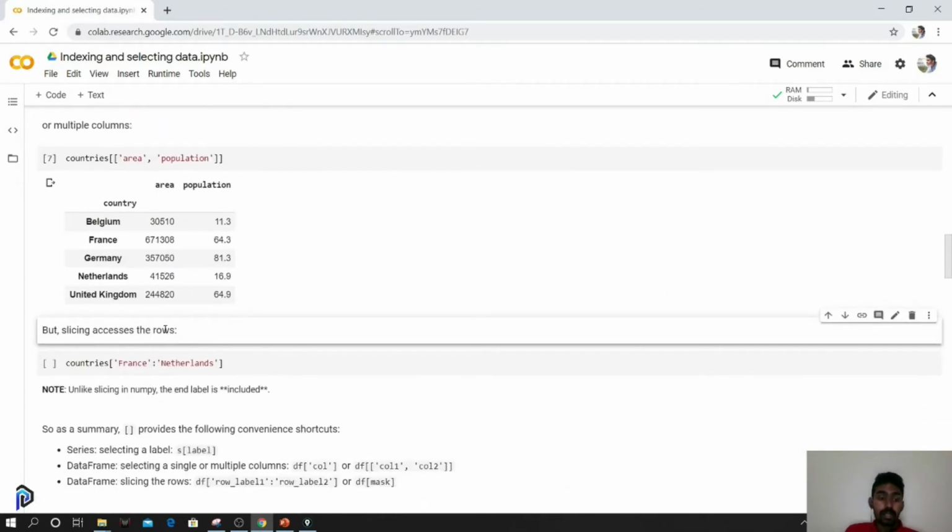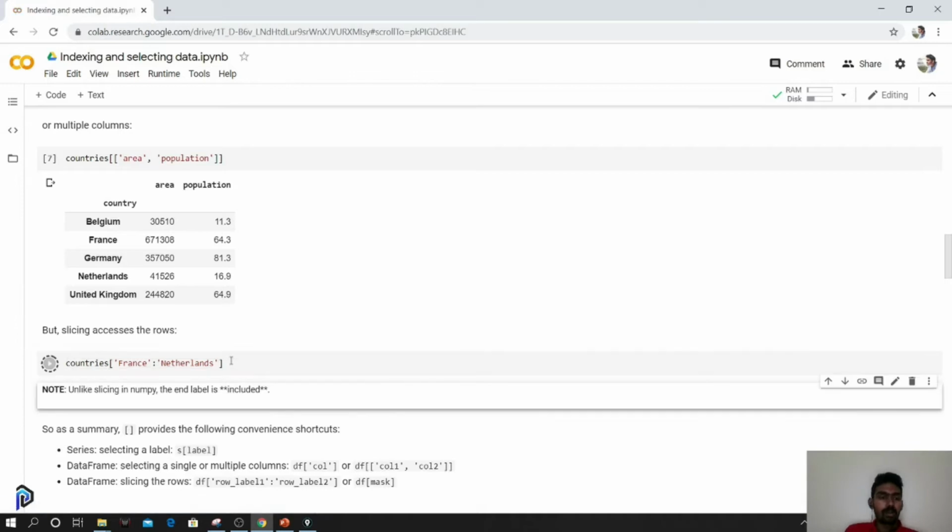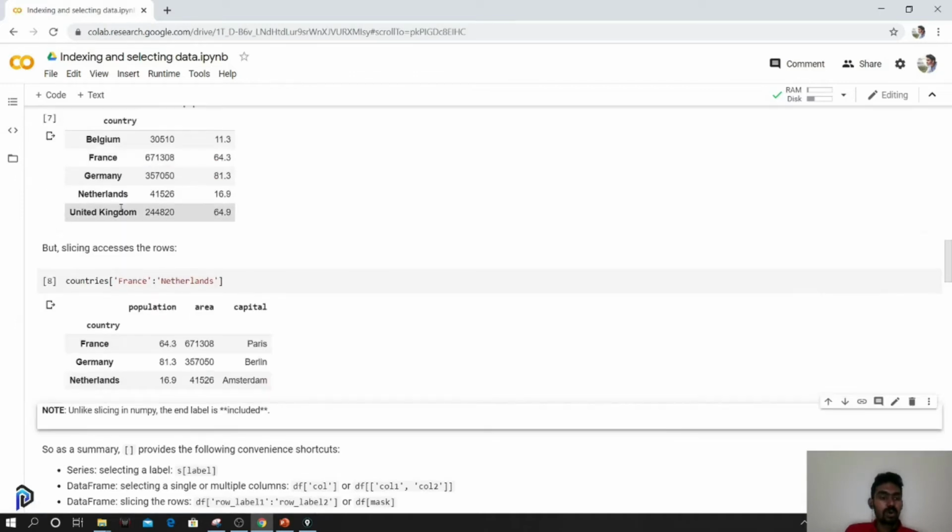When we are slicing using the square brackets, we can actually slice only through the rows. I can slice from France to Netherlands. Generally, when we are slicing using numbers, we don't include the last endpoint. But when we are slicing like this, we also include the end element.